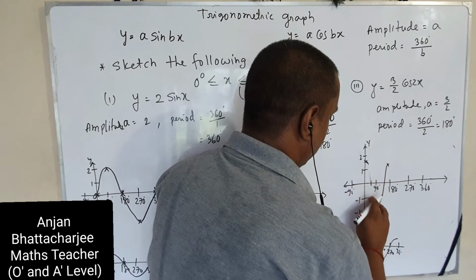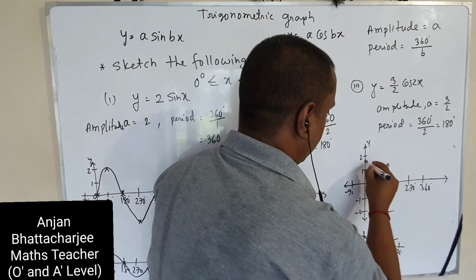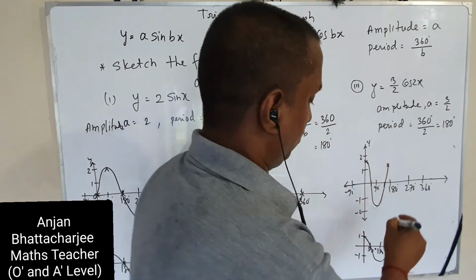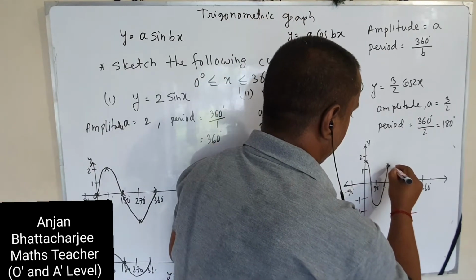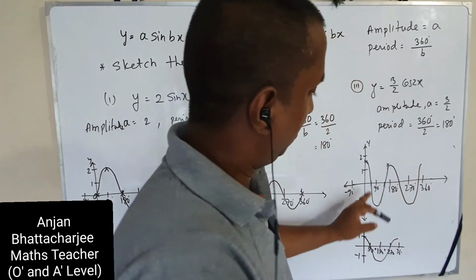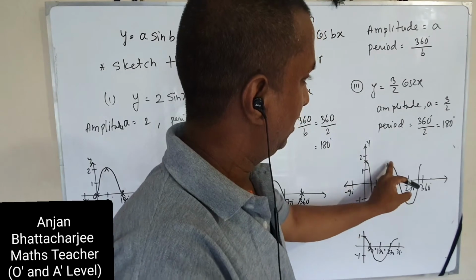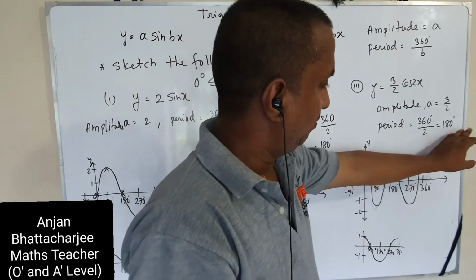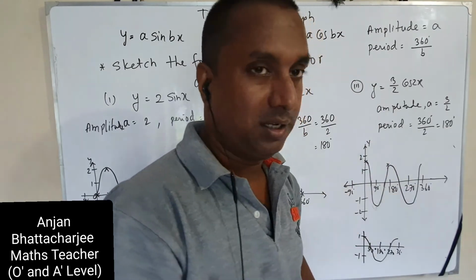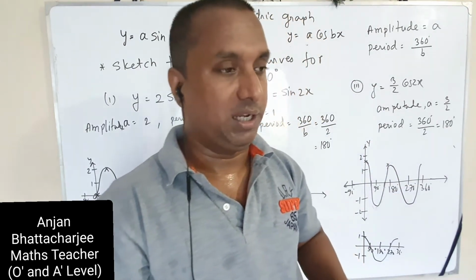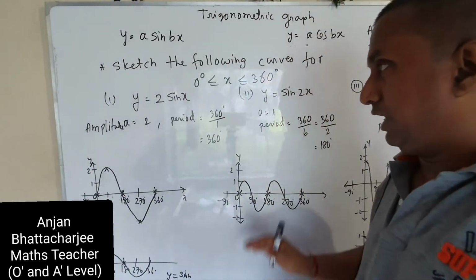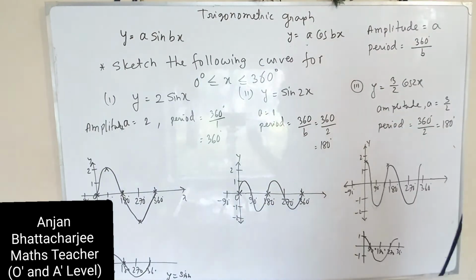Sorry, it goes more, it should not go more. Then see, now it repeats after 180, its cycle is 180, after 180 degrees it's repeating. So what's our main target? We will get it later on. Okay,